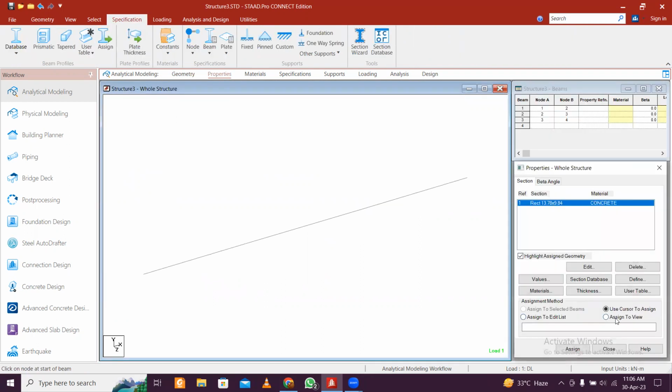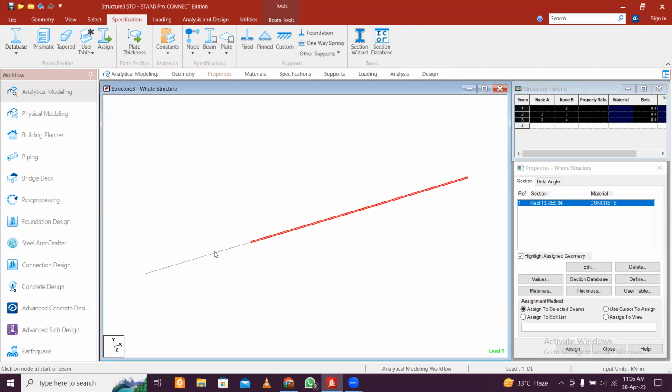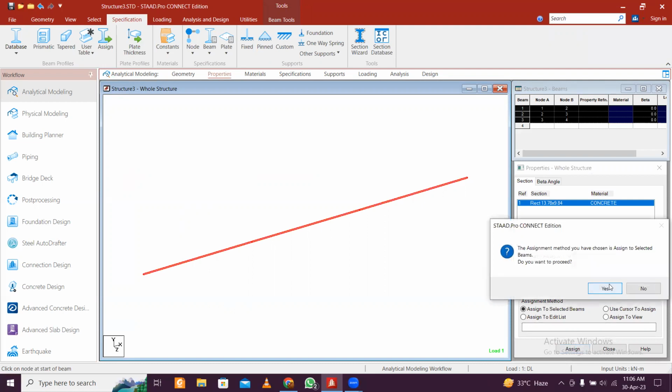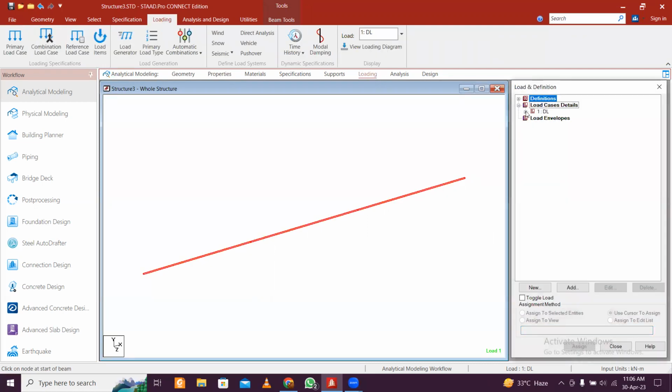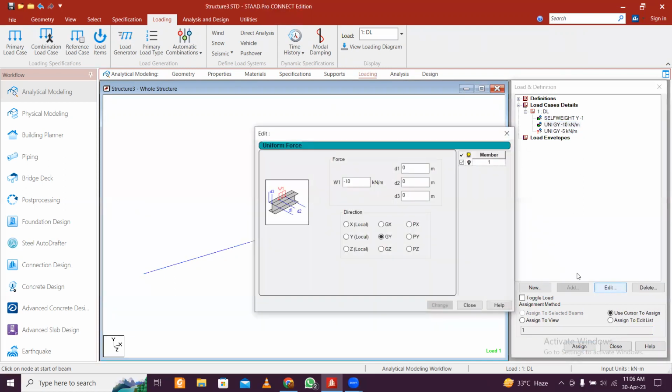Let's assign to just control A, control and select this, and assign to select beams, assign, and yes. And then go to the loading, and then go to the dead load here. Now this 10 kilonewton, I will just 10 kilonewton. Let's edit this